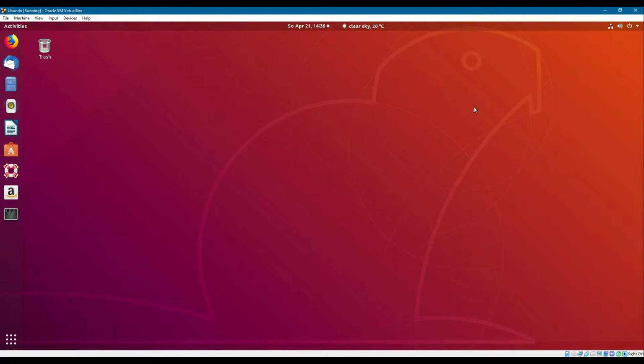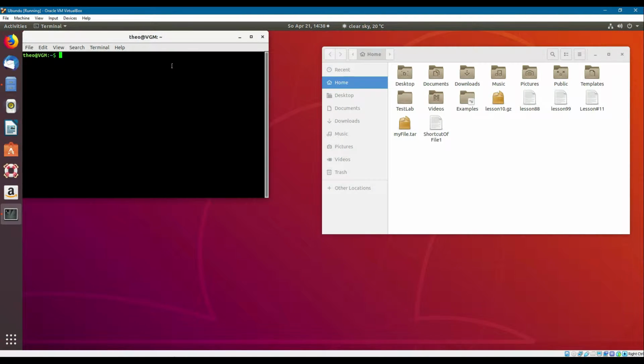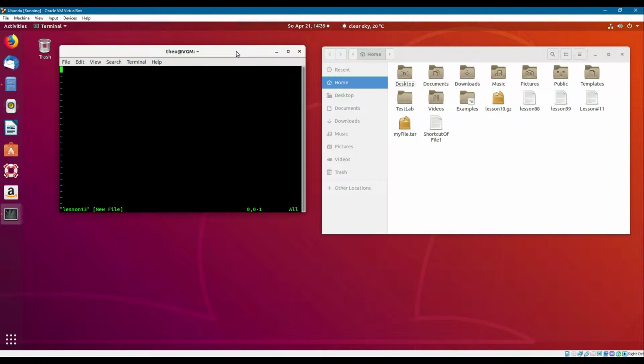There are three default types of input and output, and in order to write them down we will open up the files, or I will do, you can do whatever you like. Now we will create a Vim file and I will name it lesson 13. You can just write them down on paper or so. You don't need to create the same files. So there are three default types of input and output. The standard output,